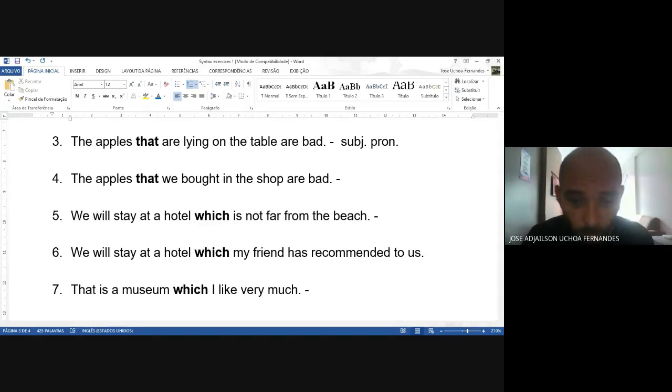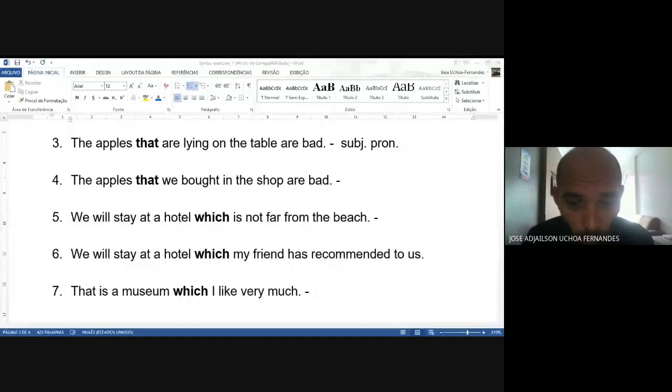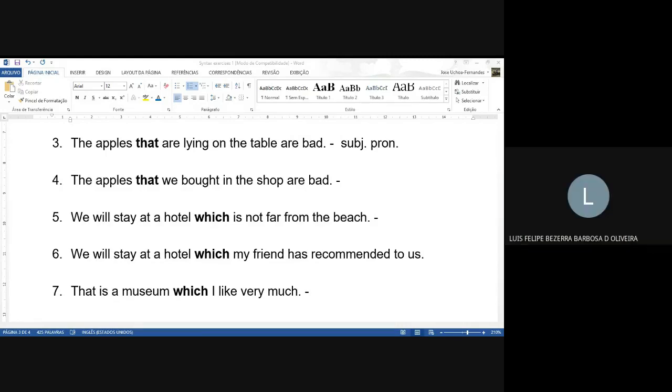Let's see your screen, Felipe. Let's see your way of solving, because you don't have to do it my way. Okay, guys, you don't have to do it my way. You have to understand the functions, and you may find your way to do the exercises. Well, okay, let's see, Felipe. In this specific case,